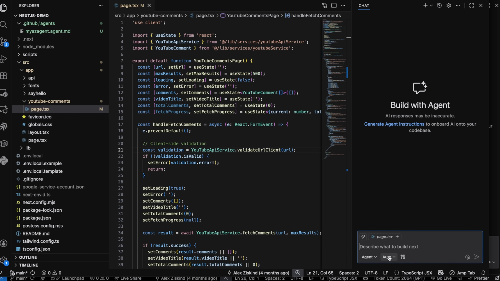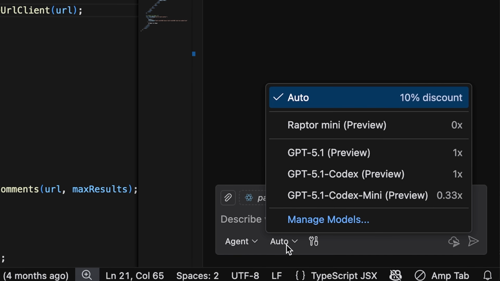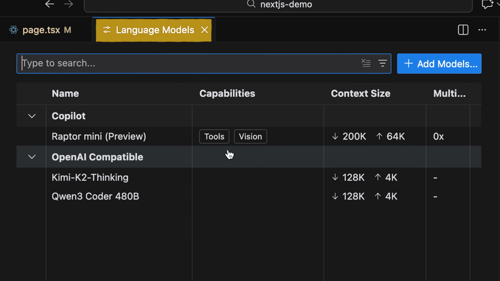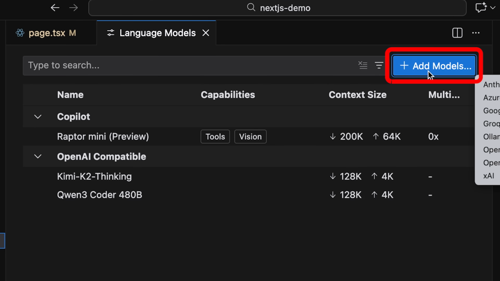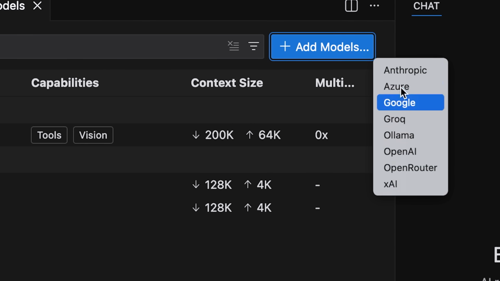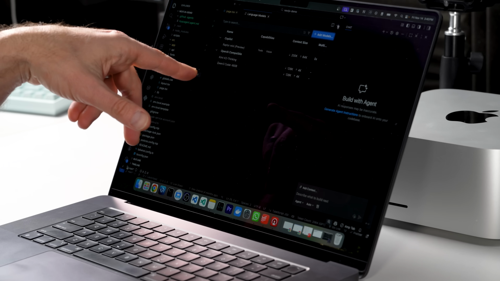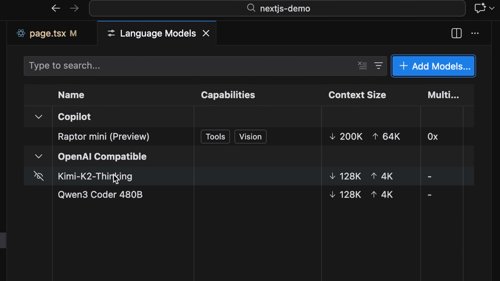So check this out. We're going to open up that same side panel, but here you can select Manage Models, and you have a different interface now. This is coming probably sometime within the next month or so, hopefully to regular VS Code, but now you can get it on the green one. So add models, and yeah, you have the same options here. They actually did have an OpenAI compatible option in the previous build, since this gets built nightly. For some reason it's gone now, but I'll show you how you can add it back